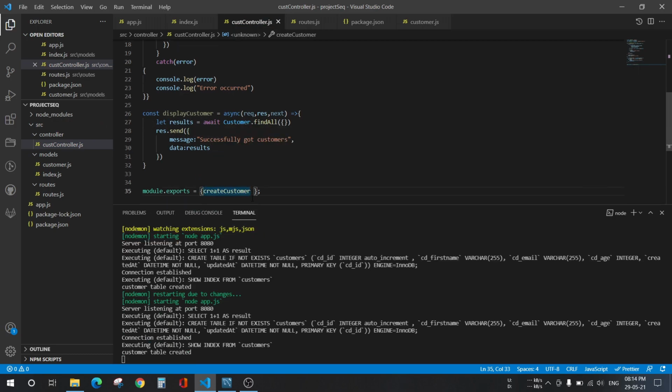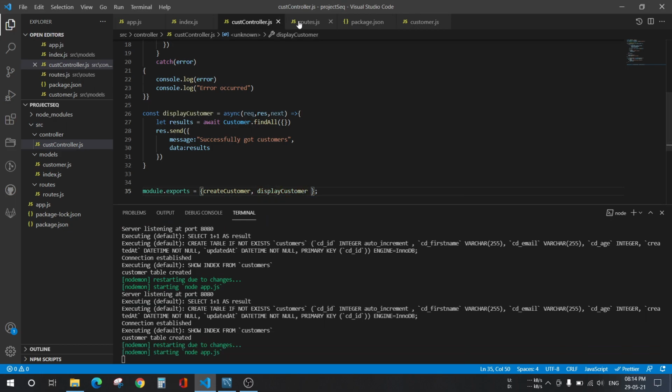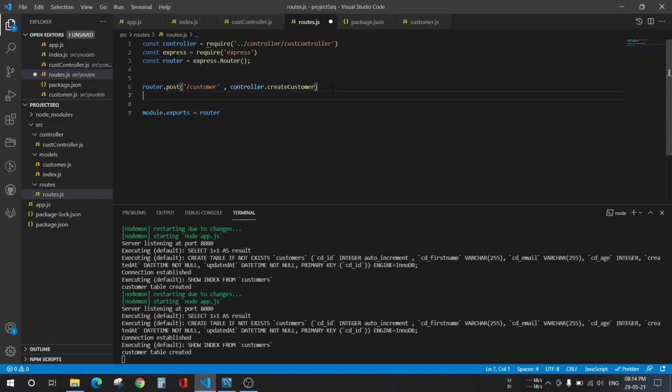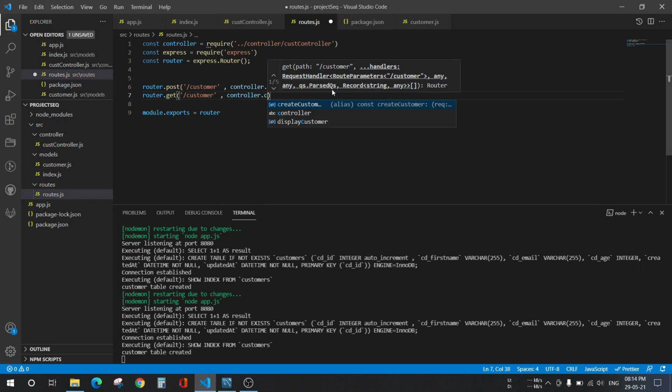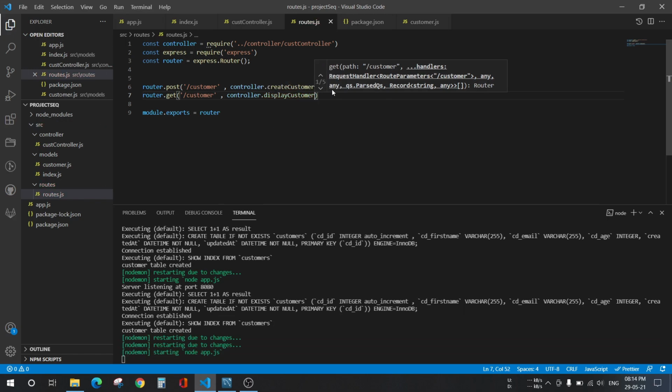We need to export this module here, this method, and let's go to routes and create one more router, and it will be a get call. Just save it.